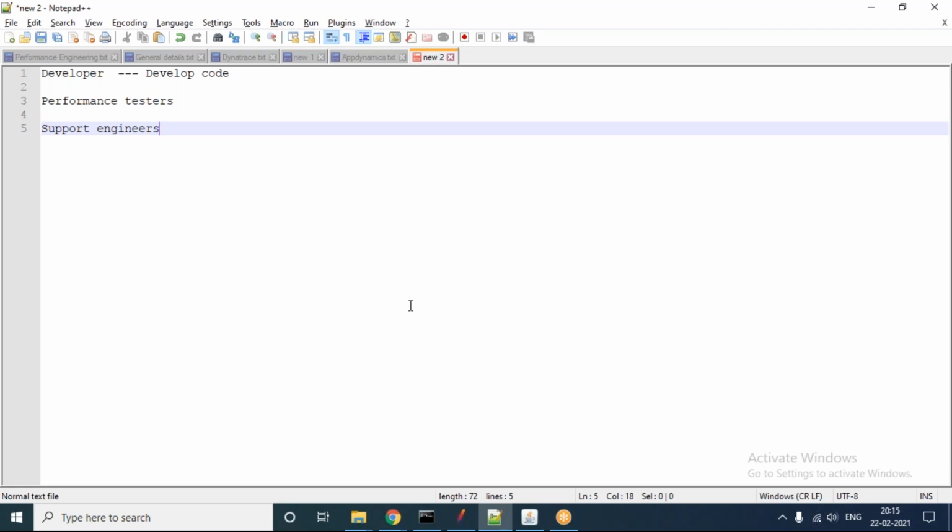You are not waiting for that instance to happen, and then you are not analyzing the logs. You are not investigating your issue, and you are not spending time in reporting that issue to the respective person, because the tool has that intelligence. When there is a problem, it will report automatically. It is not waiting for something to happen. It is not waiting for the summary of the mail to be triggered, or a chart to be prepared, logs to be captured. No, nothing. Your tool will automatically report those issues which are happening. Say you can do your mail trigger, thread dump trigger, snapshot trigger, whatever activity you want to do, you can do using this APM tool.